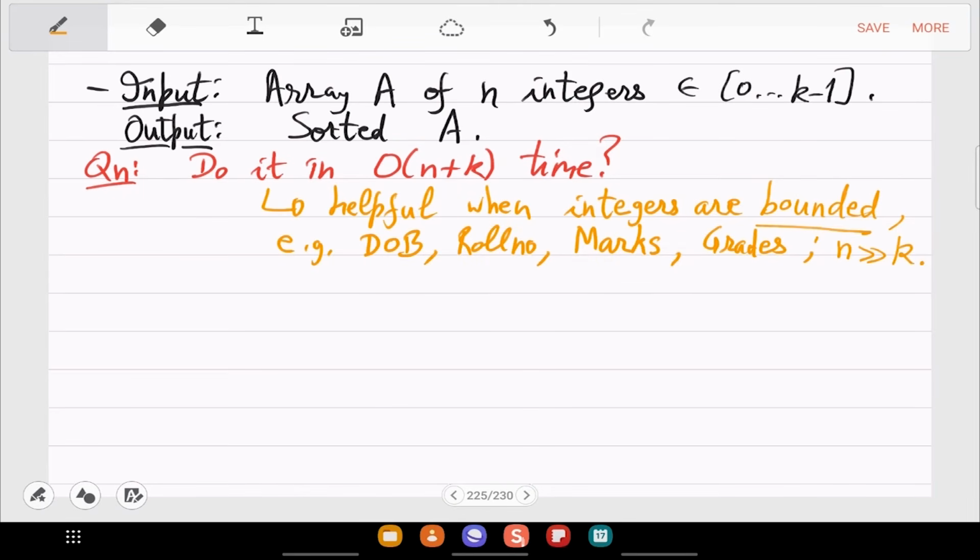I think we'll not be able to start, but there are two algorithms we'll do. First we'll do counting sort for this problem. Counting sort has a very basic idea: instead of focusing on sorting the numbers, you just count their frequency. Counting frequency tells you the sorted A also.